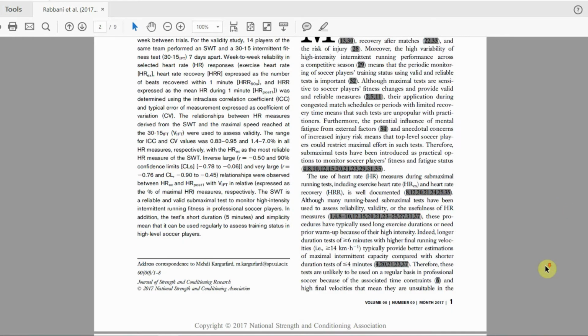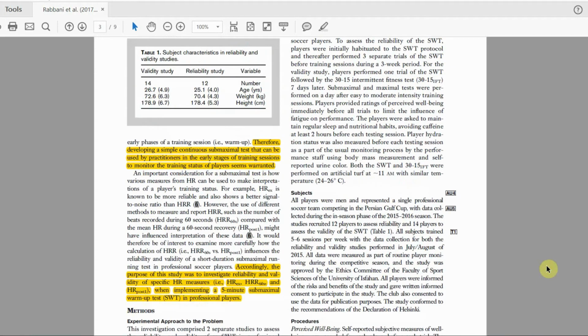For this purpose, developing a simple continuous submaximal test that can be used by practitioners in the earlier stages of a training session to monitor the training status of players seems warranted. So the purpose of our study was to investigate the reliability and validity of this test